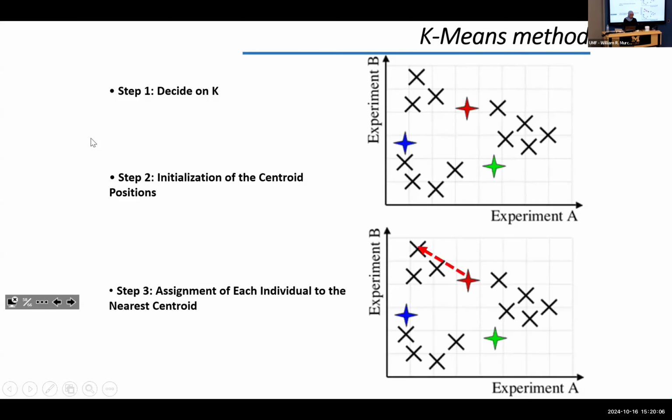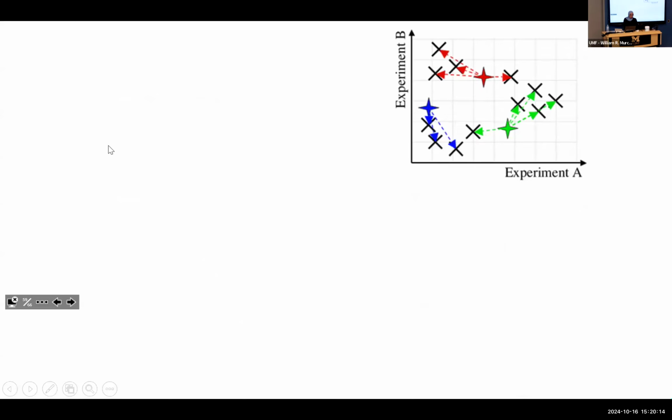So we are checking the distance, and if it's nearer to the green one, it's assigned to the green one. Nearer to the blue one, then it's assigned to the blue one, and so on. Now we are going to recalculate the position of the centroids, because the first position is random, and then it must be, let's say,